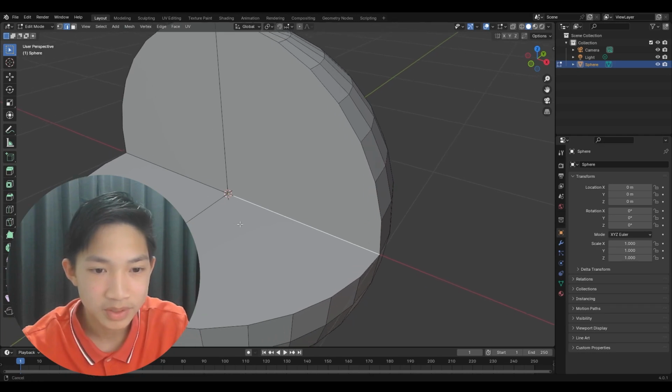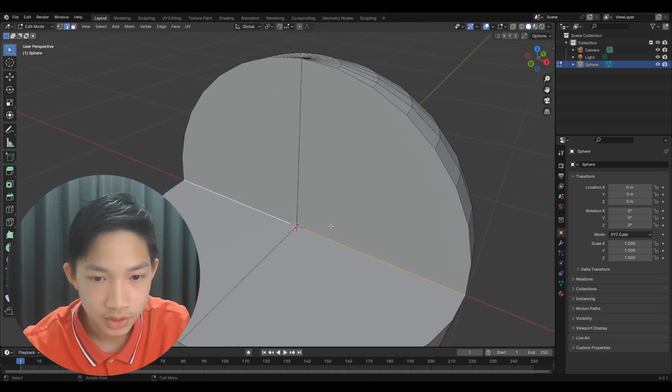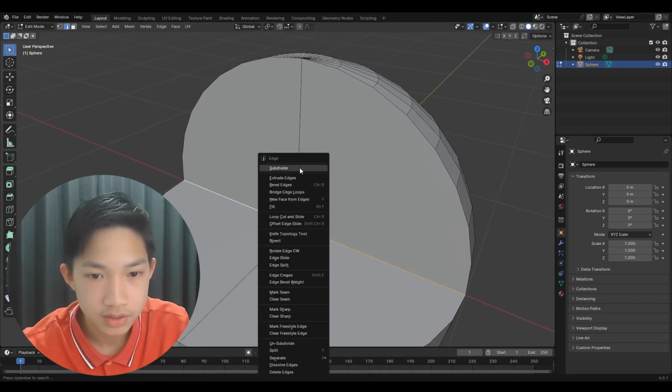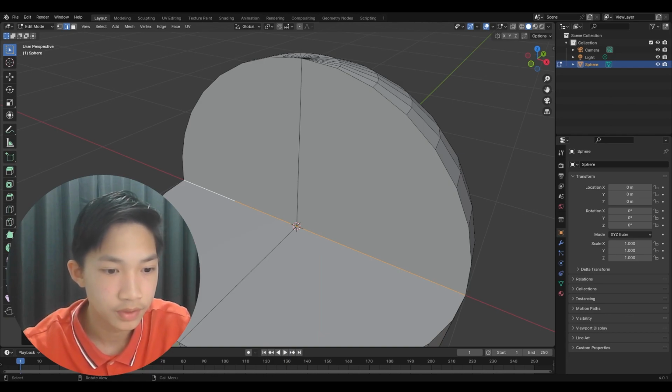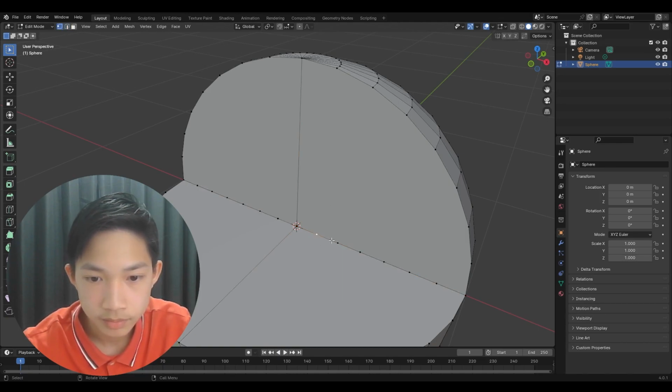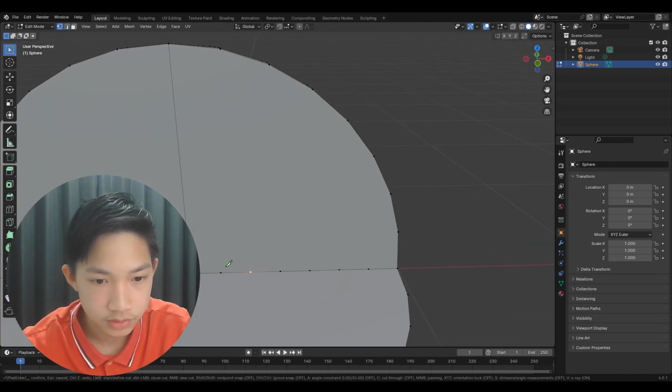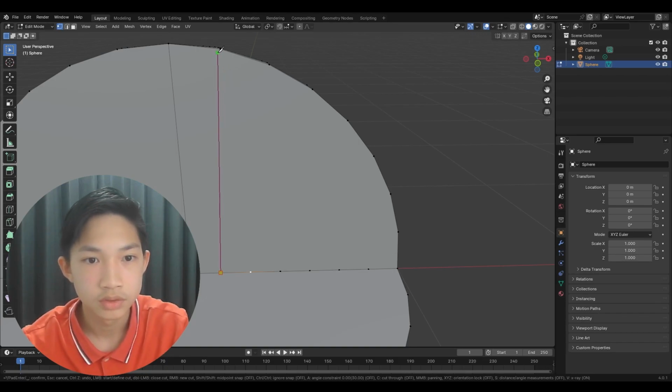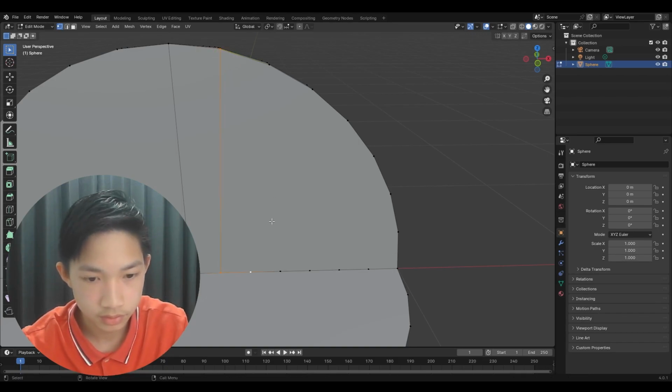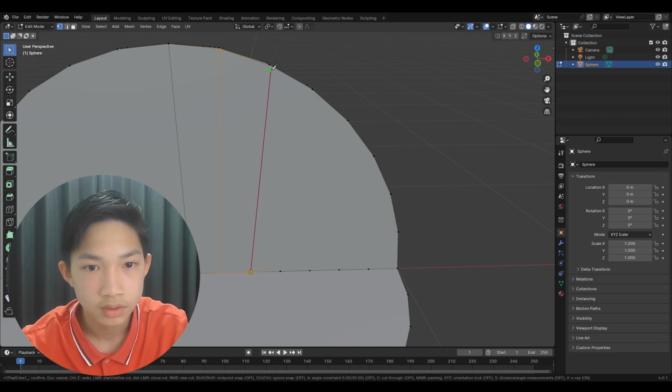Okay, you'll see in a moment. So I'm going to select these two edges, as you can see, and I'm going to right click subdivide. I'm going to go over here and increase the number of cuts to 6 right there. So once you've got that, you can use K and drag it up here, enter, K, drag it up here,